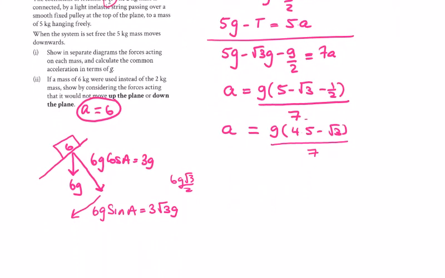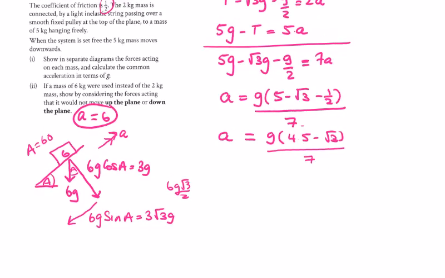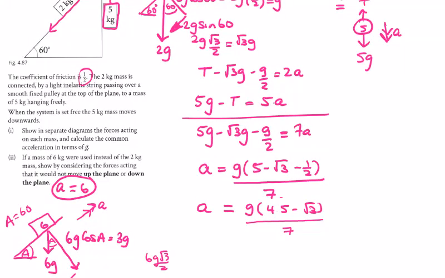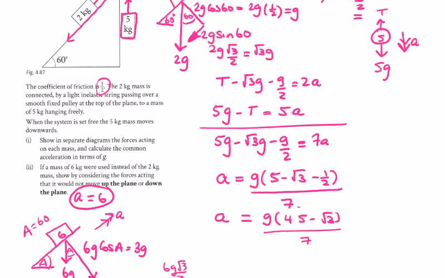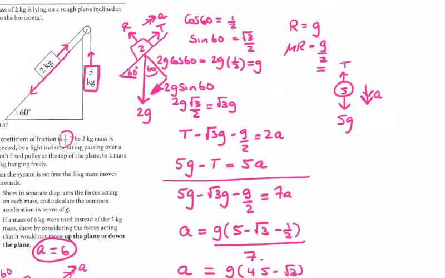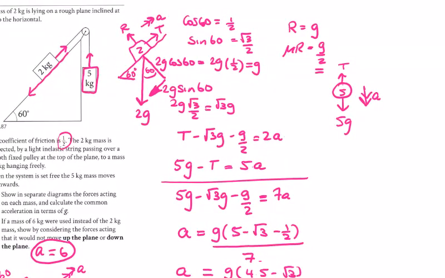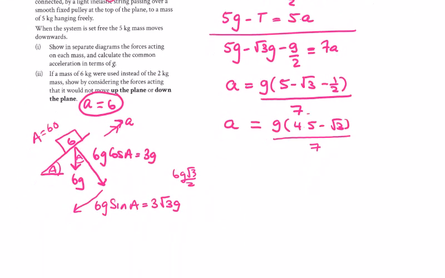Just be careful. Just do your diagram properly. I'll put A in this time. Just write A is equal to 60. My acceleration. And mu R is going to change. What do we get from mu R? Do we work it out somewhere up here? So R will be equal to, let's just do it down here. R is equal to